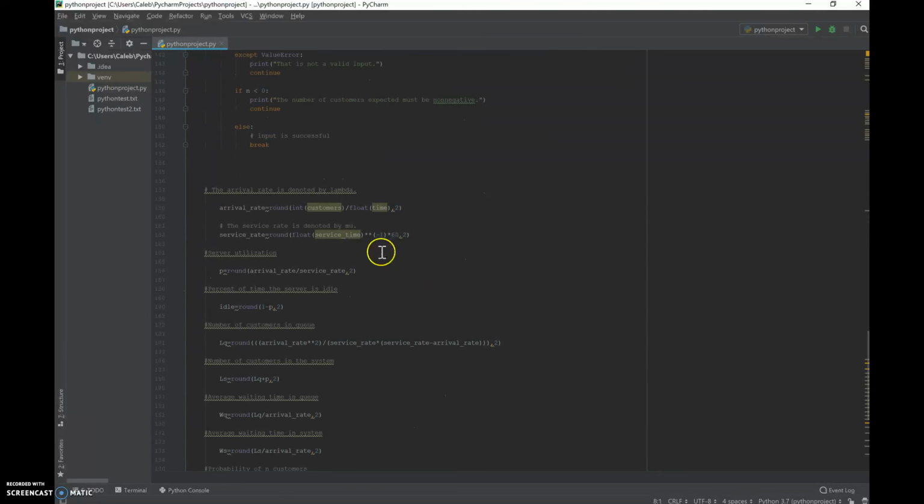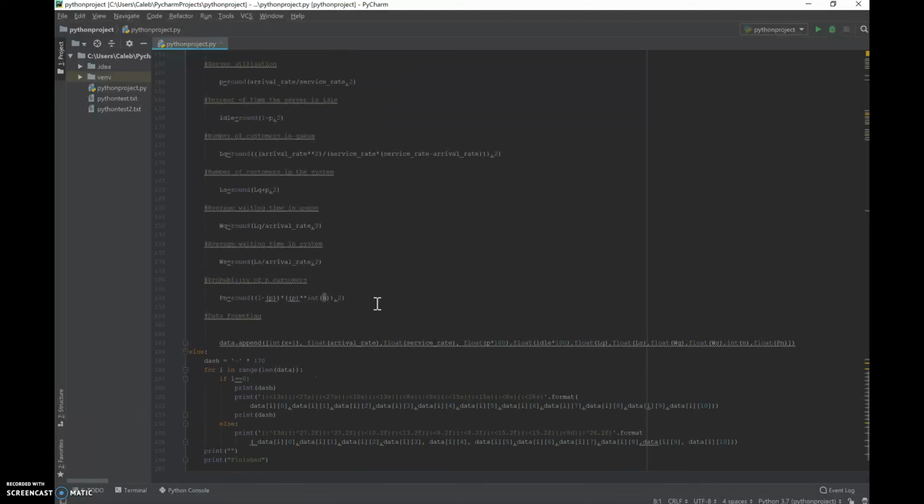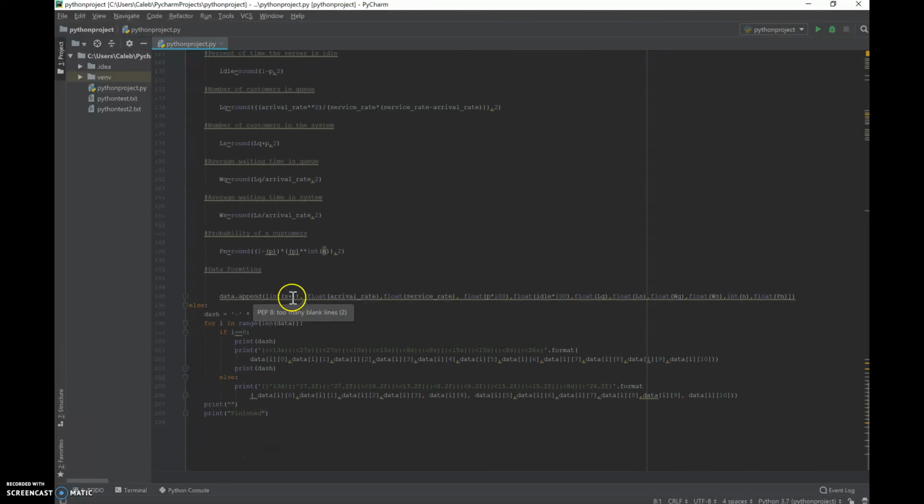And then after that, it will use the user's data input to calculate the same calculations from before. And once again, it would append the data array to add these calculations to the bottom of the array. And then after this is all done, for the number of rows in data, if the row is 0, which